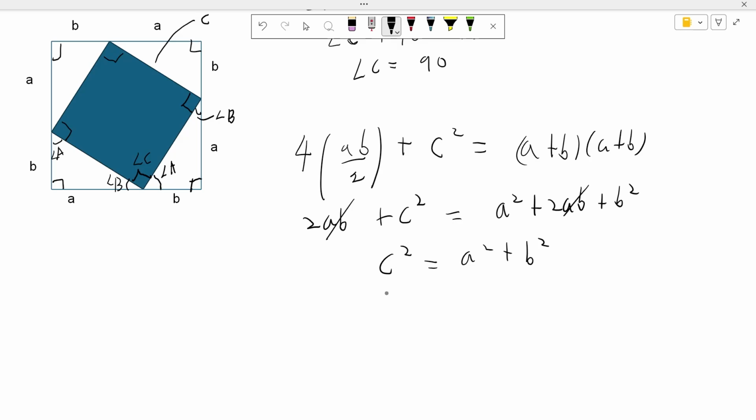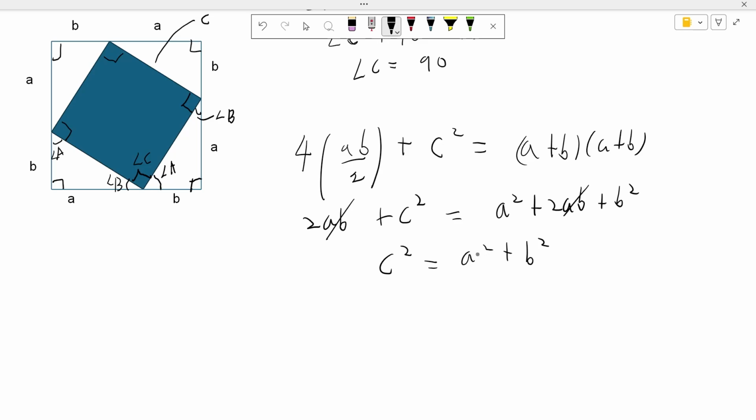Okay, now we can just stop here, but we can also go a little more and get a sense of what this means. So this is, like I said, the area of the larger square. This is also the area of the larger square, just calculated differently. And when we remove a term from here, it's no longer the area of the larger square. It's something else, right? So what is that something else? Does it have a meaning? Yeah, it kind of does, because